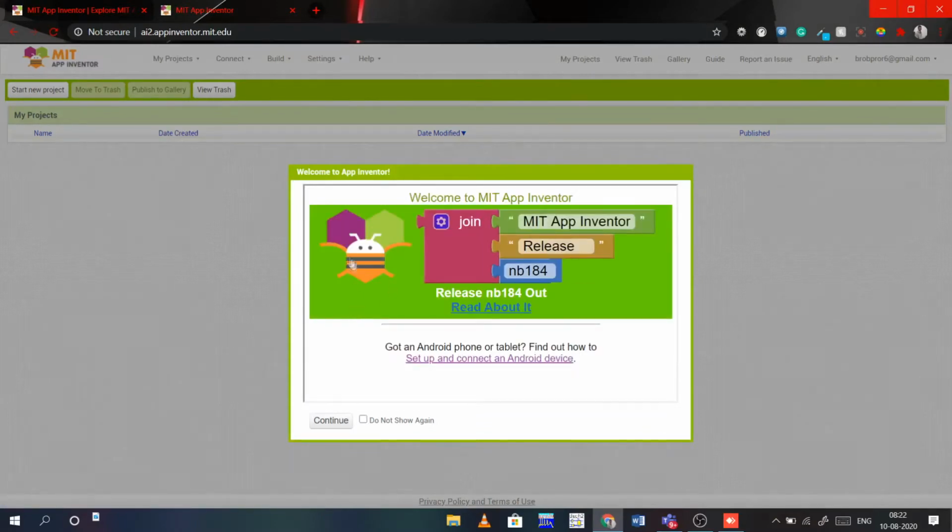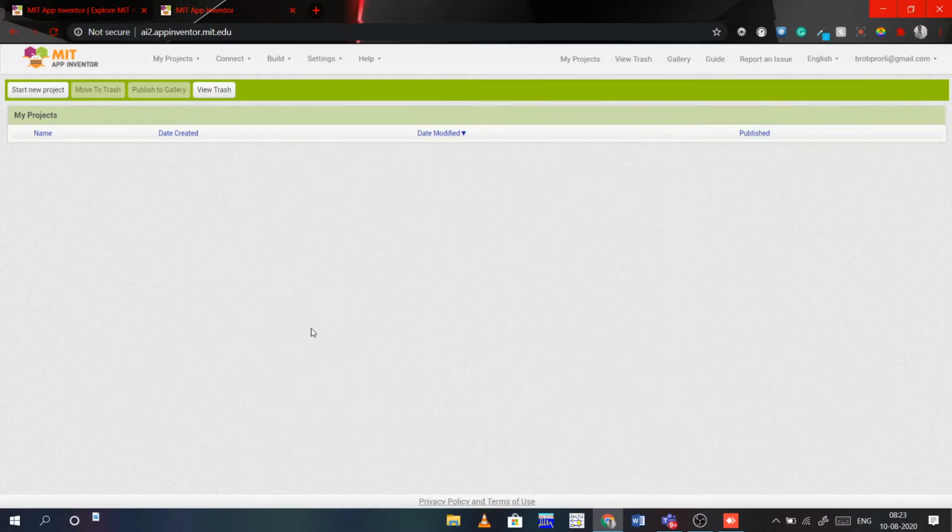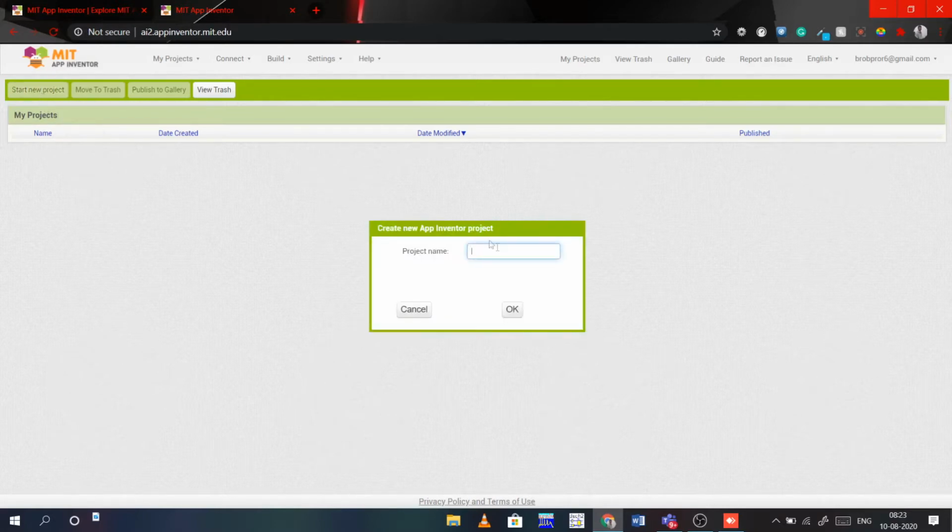When you open it for the first time, it will appear like this. It will ask something, so don't press OK. I'll show you everything. Now it will be looking like this. If you have done a few projects before, they will appear in your previous files. You can connect to the cloud and store from the cloud. There are many uses of this app. It is very simple. To create a new project, start a new project and you can name it.